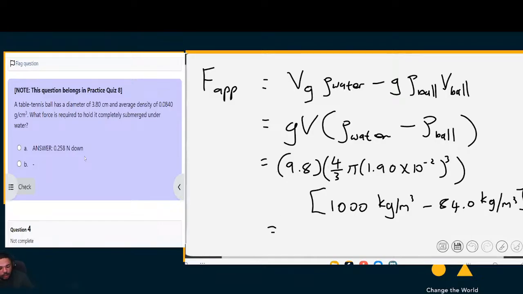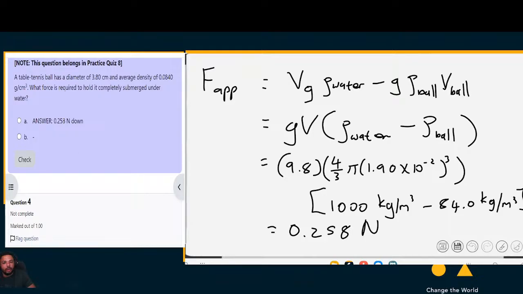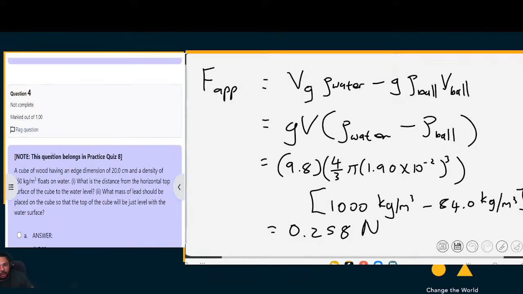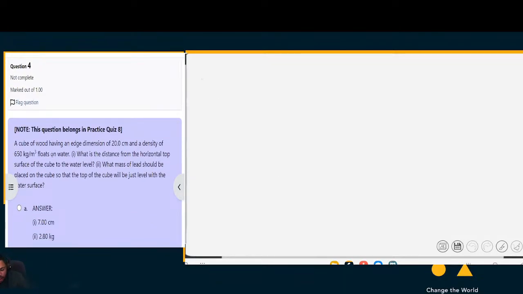And if you work all of that out, if you multiply that all out on your calculator, the force applied you get is 0.258 newtons. So 0.258 newtons of force is required to hold this ball down, and that is what they give there as well, 0.25 newtons of force. So question 4 for this session: